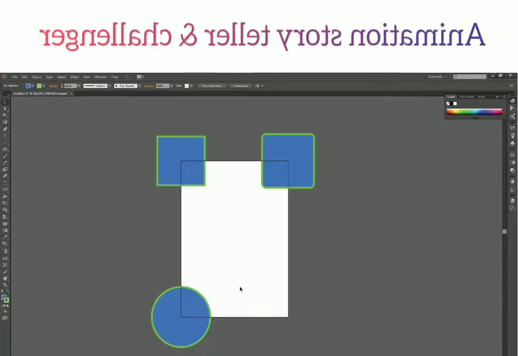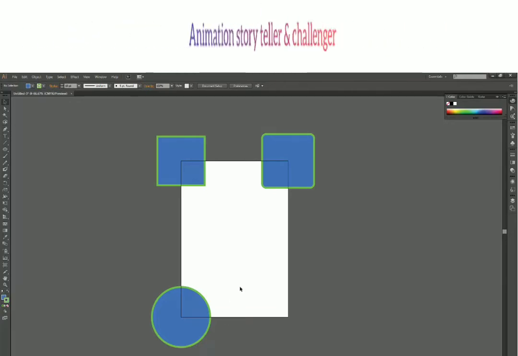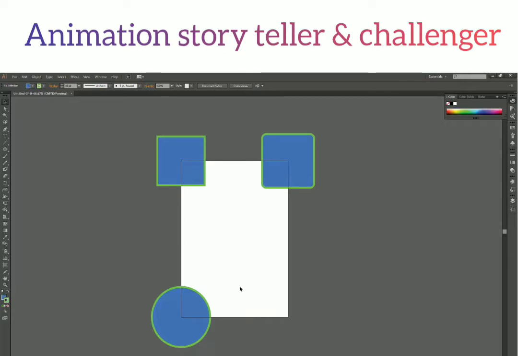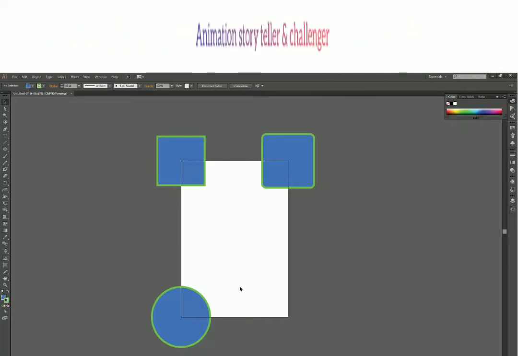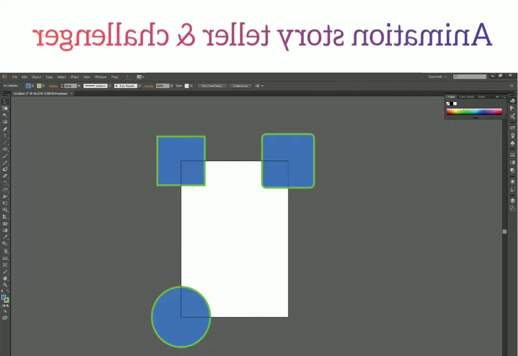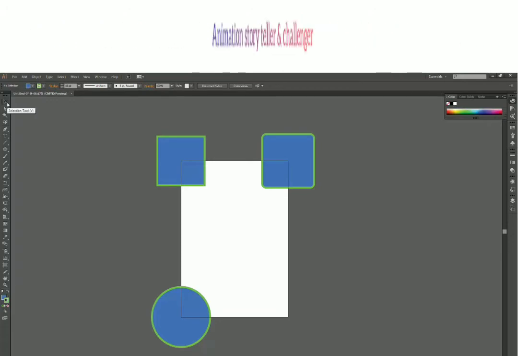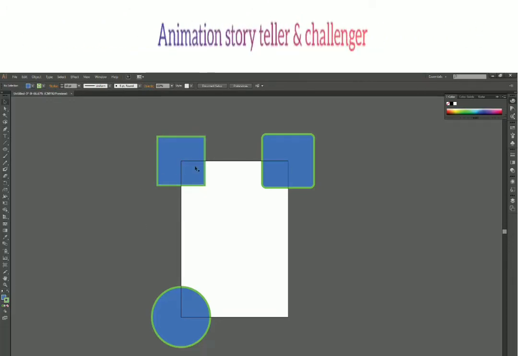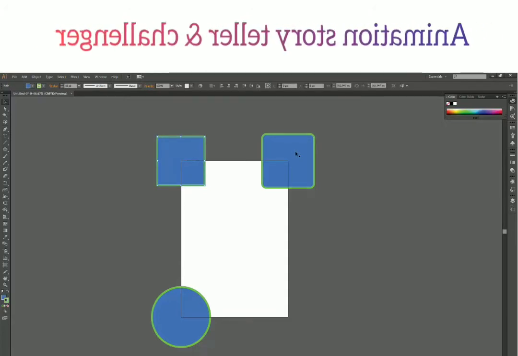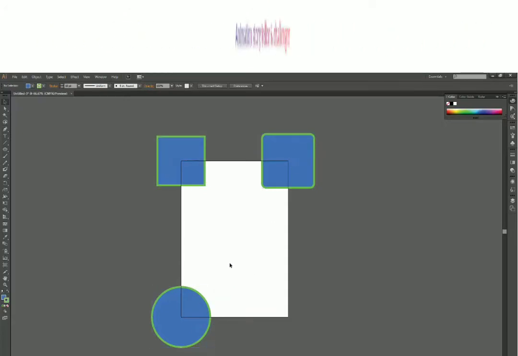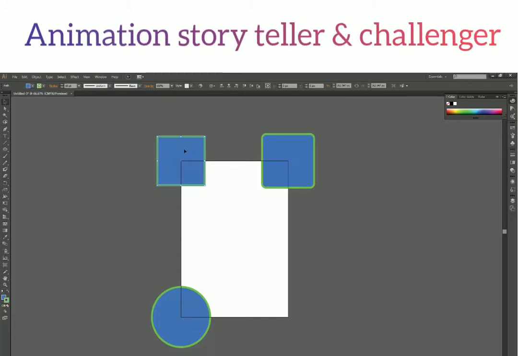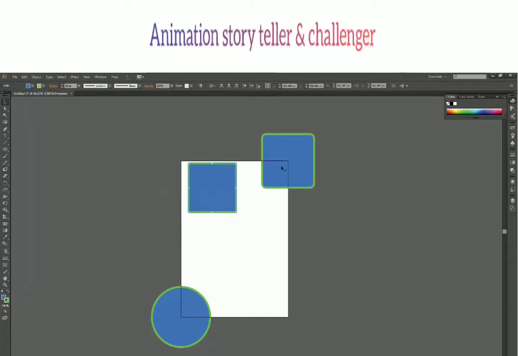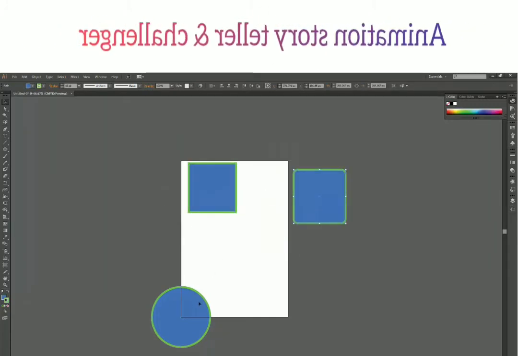Okay, so now I have all these shapes scattered around and I want to move them. To move them, you need to select your selection tool. The shortcut key is V, and so far we know that if we click on any shape, it will select the shape. Now if you want to move the shape, you can just click and drag on the shape and it will work fine.